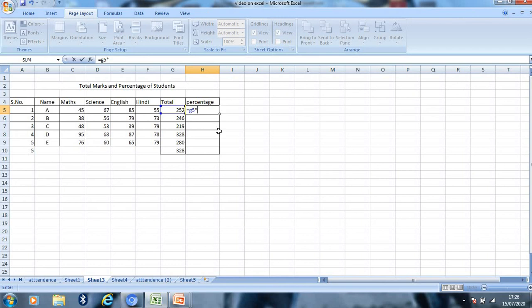G5 multiplied by 100 and divided by 400, and then press enter. Here comes the percentage, and again you can autofill the percentages using the autofill feature, like this. So all the percentages get calculated like this.